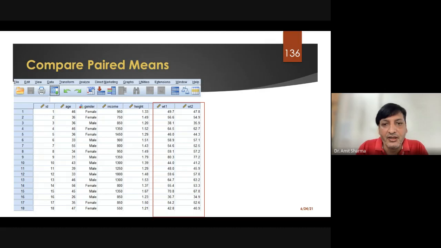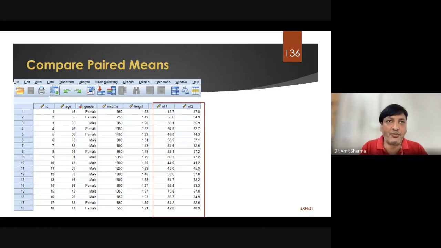What I did, a few participants were there, those who have joined a gym. The gym was offering some sort of course. The owner of the gym wants to write something in the advertisement. He wants to find out how much weight the obese patient is going to lose if they join the module or the program of my gym, for example, in a month or 15 days.